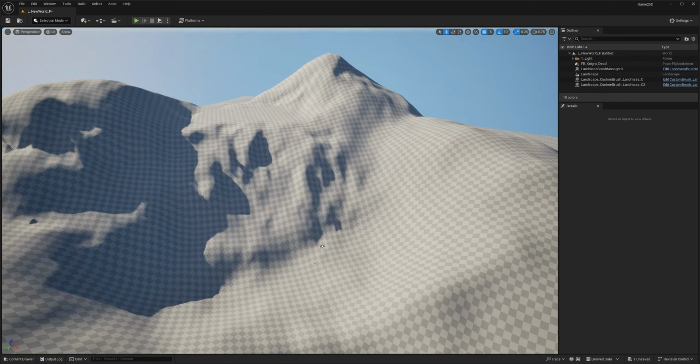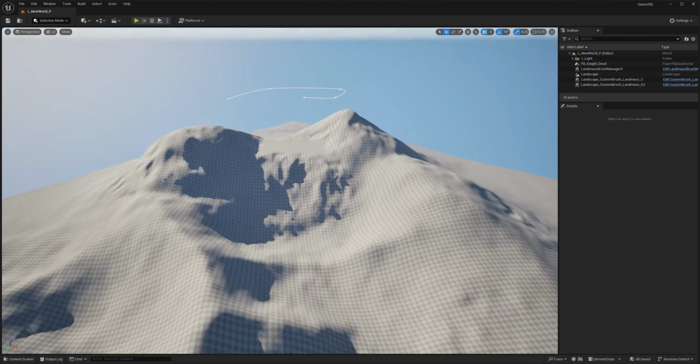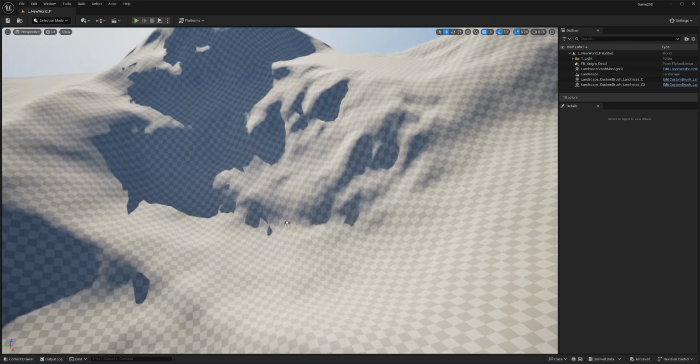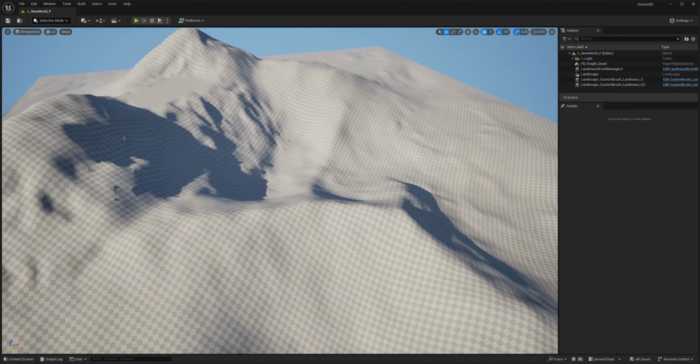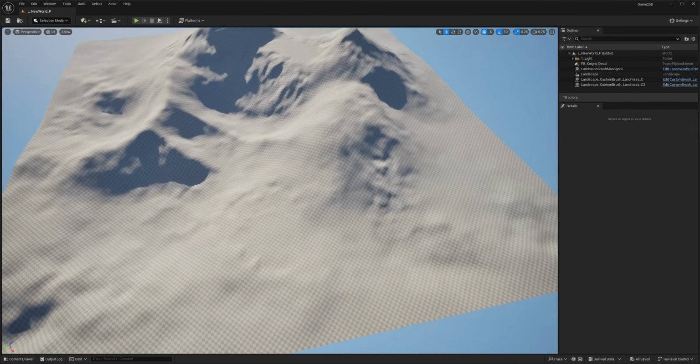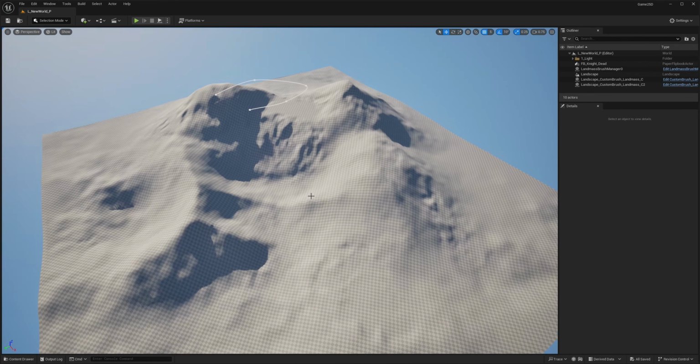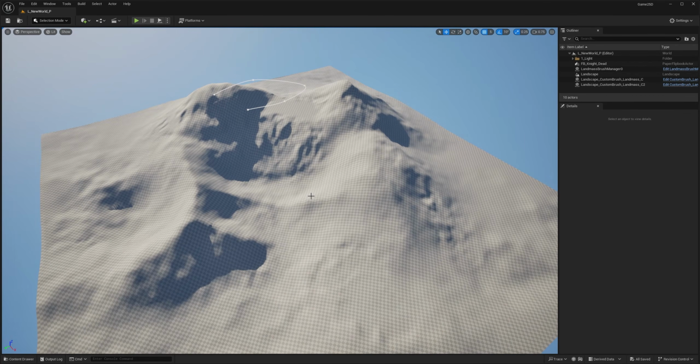Go back to here. Ctrl-Shift-S to save. And you can see that it took a little bit to load. It has weird shadows, but that stuff is just processing. It's going to go away. Awesome. Well, that is 50% of the work in the landscape. There's only one thing now that we need to do, and that's playing with the textures. So let's create a texture that we can apply on the whole landscape, and let's use that texture to procedurally place grass, flowers, and any other things that might look interesting in this landscape.